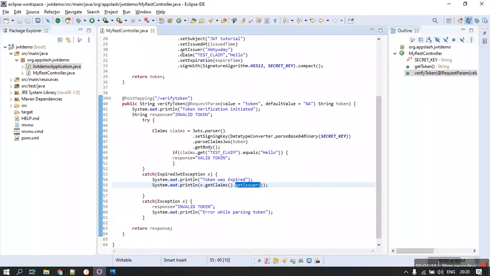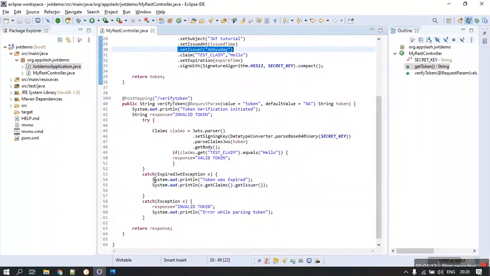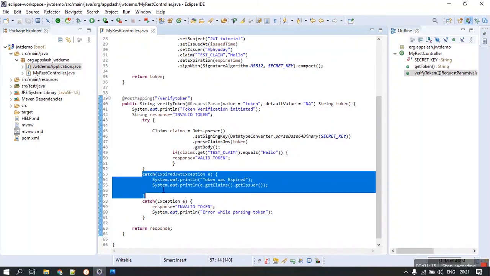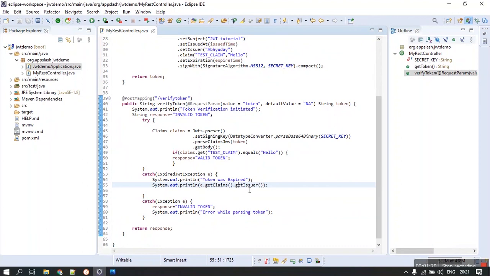Currently my issuer is set to Abhyuday, which is my name. So even if I pass an expired JSON web token, the claims will still be parsed and we can see the issuer name here. So let's get our instance running.